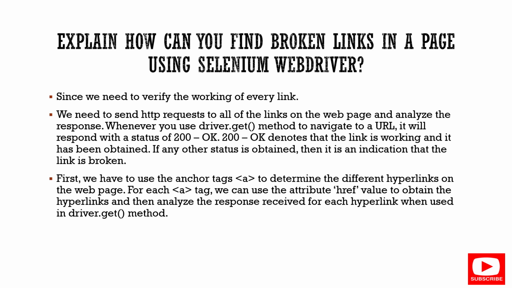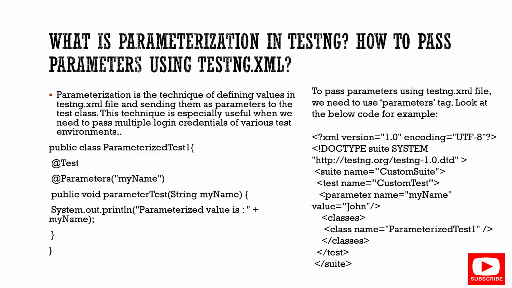After getting all the anchor tags, you need to iterate one by one using a list, and after that a for-each loop. Under the for-each loop you can verify all the links, and it will provide you status code 200 and status OK. So if it provides OK, then the link is working. If it is not providing a 200 OK, then that link is a broken link. So let's move to the next question.